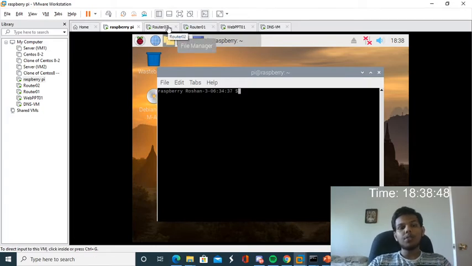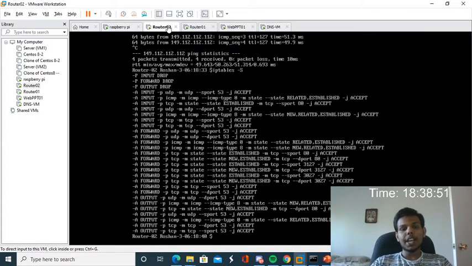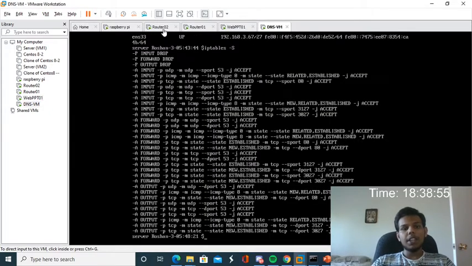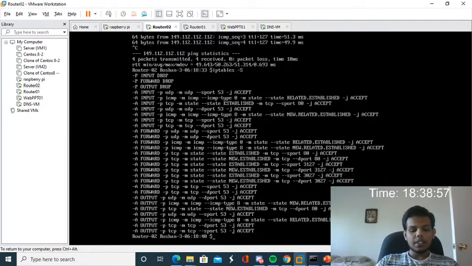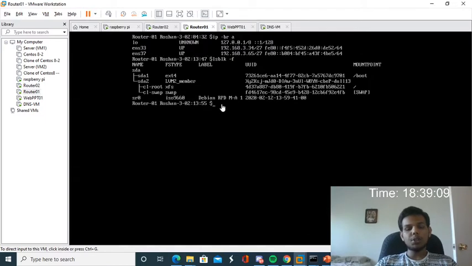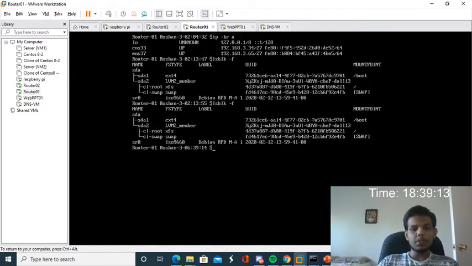So I have already configured PPT01 and I am using that VM for router 2, router 1, web PPT01 and DNS VM. If I type lsblk space minus f, it is showing the VM details. In router 1 also I have used the PPT01 VM, lsblk space minus f.